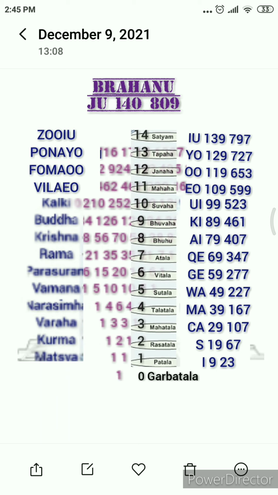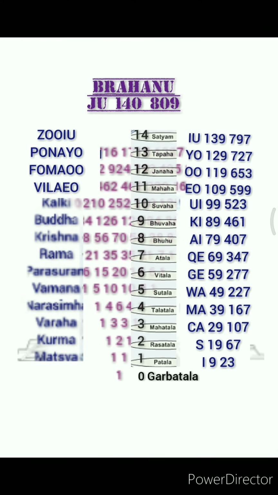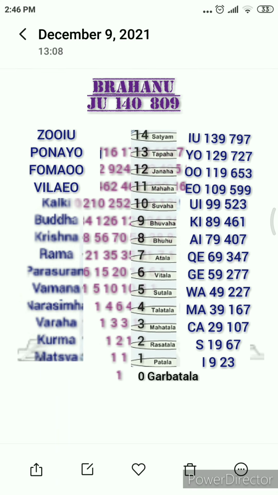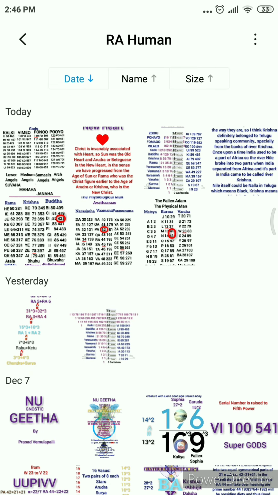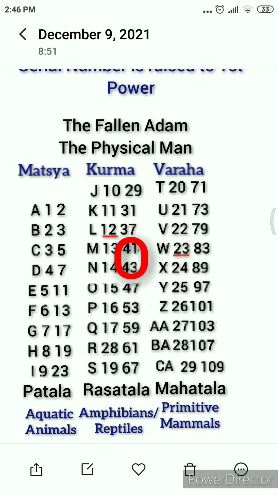Basically, these letters EO, OO, YO, IU. So they end with this. This guy's name ends with EO, that is the 109, and starts with VI because it is his range. I will explain a little bit later how I named them, and of course, for easy reference, I have listed the lokas also on this slide.